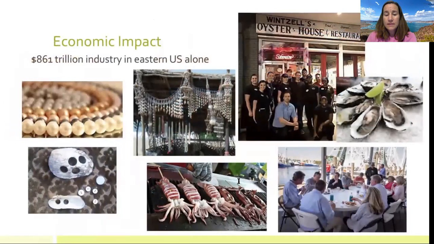We think that these came about in the Cambrian period, where we have this huge diversification of life. When we talk about all the different time frames, we talk about the eons and then all the different periods within and what happened within those. So we think this huge burst of mollusks, the phylum Mollusca, all those animals came about during the Cambrian explosion. Economic impact, huge. Mollusks are tons of money.